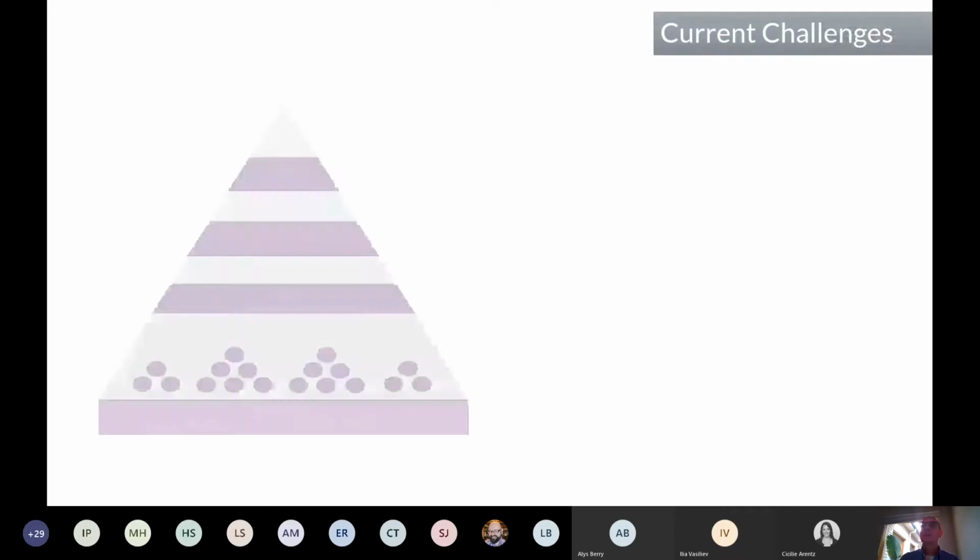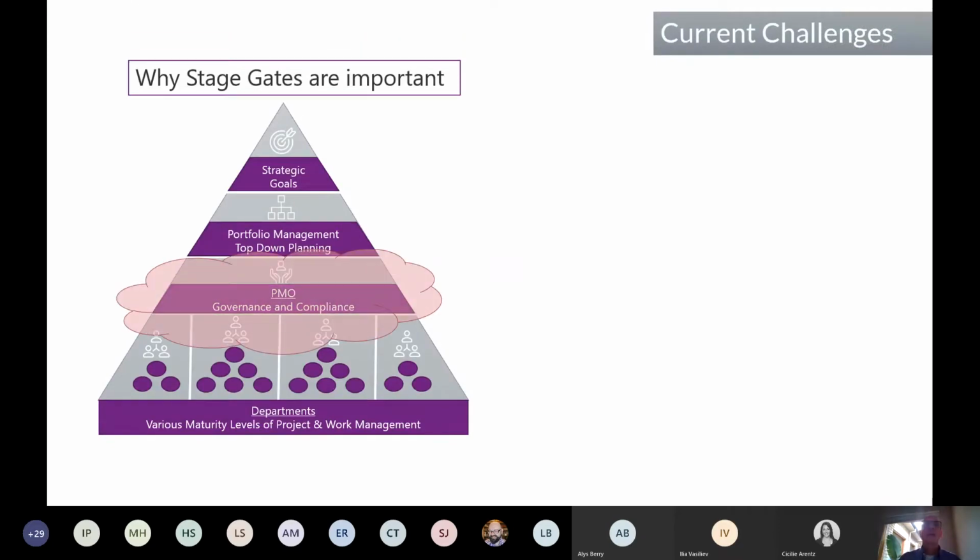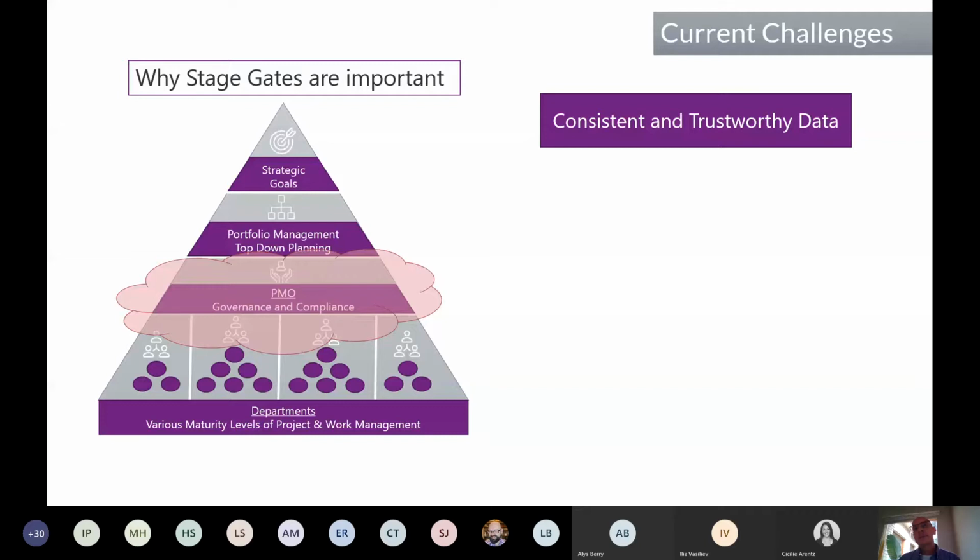That being said, most of the challenges that we see in this particular model is really why stage gates are important, and why we are thinking that stage gates are super vital in order to do, well, the following. It really is all about consistency and trustworthiness of data when it comes to project management. Some projects are very small, some projects are very long and large. And in order for us to put some consistency into the steps of executing those projects, stage gates are actually